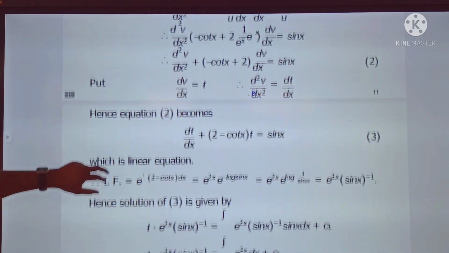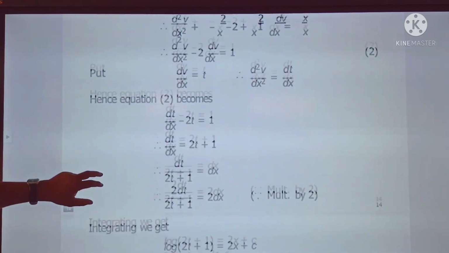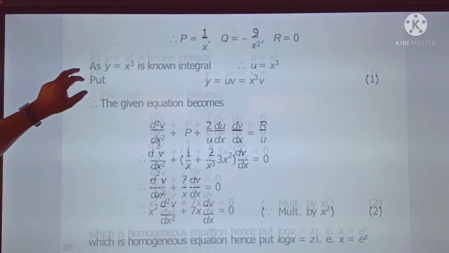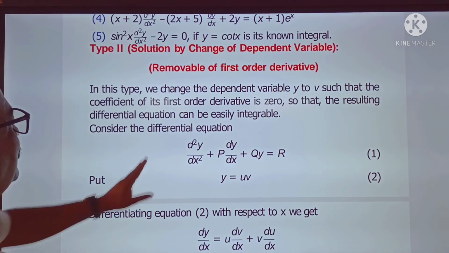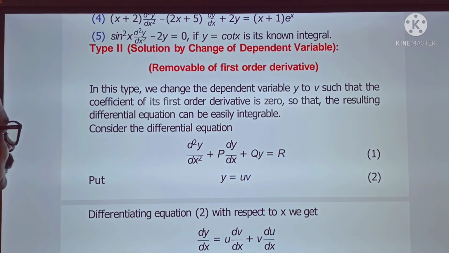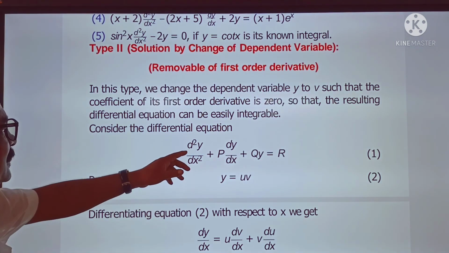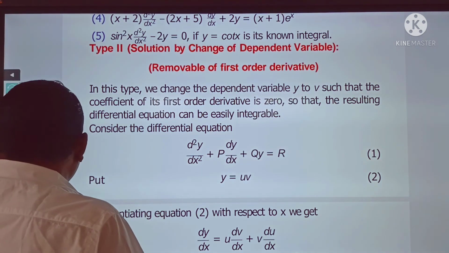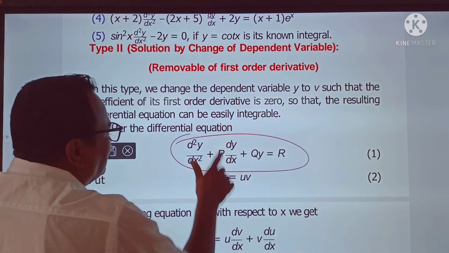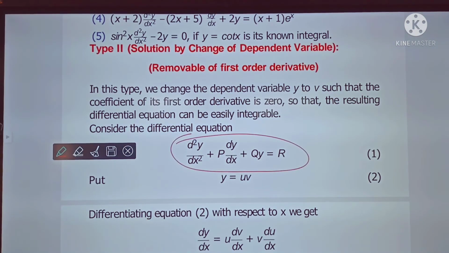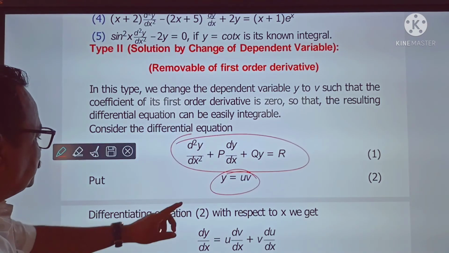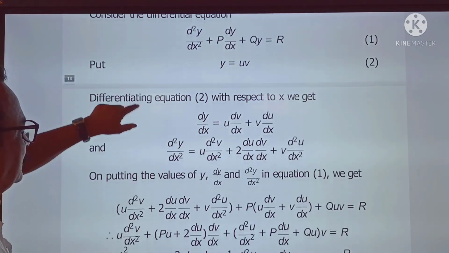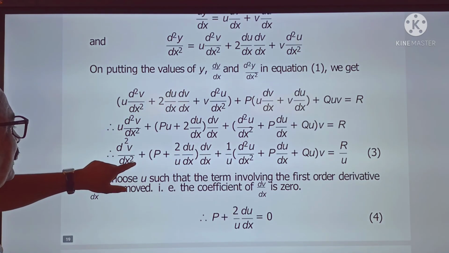Next method is by change of dependent variable. Again we see that here. By change of dependent variable, the second name is removal of first order derivative. So by substituting, this is our general second order linear differential equation. y is uv is the complete solution. Substituting these values, we get the equation to be here,